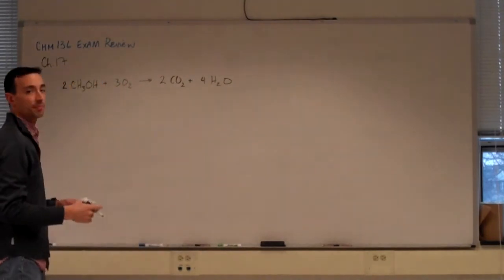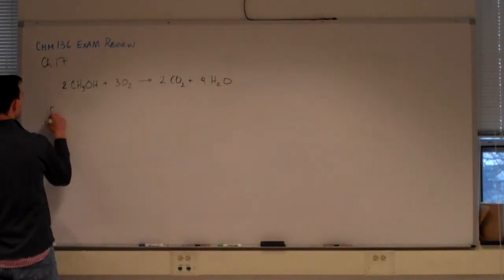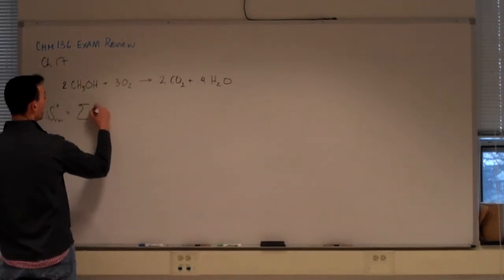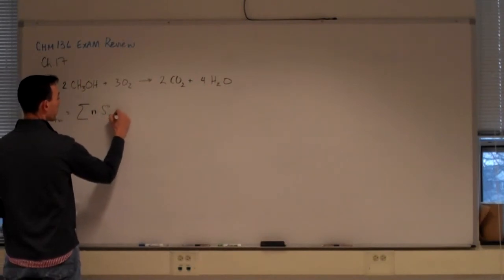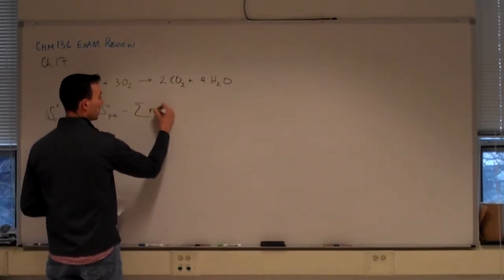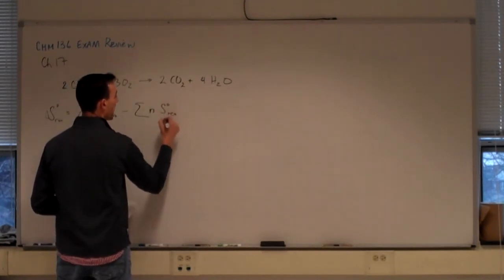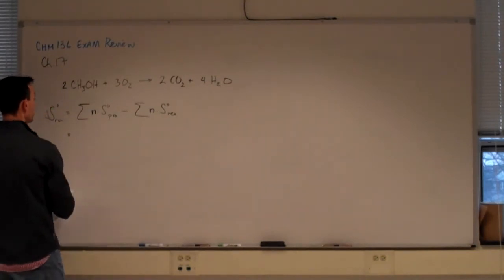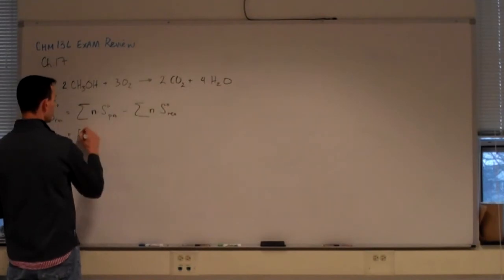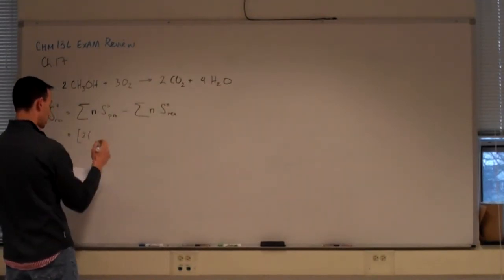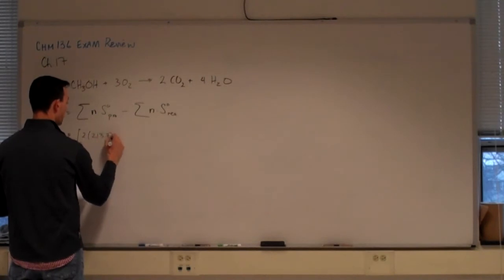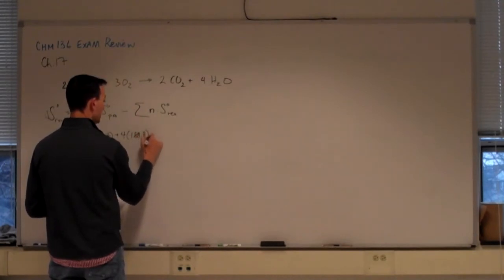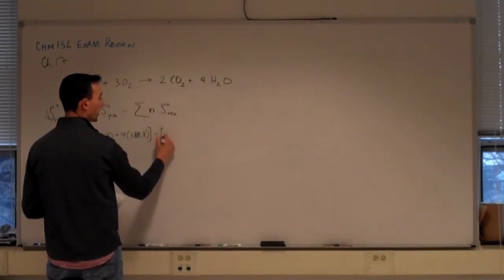To calculate the entropy change for this reaction, we would use Hess's law. And the standard entropy change would be found by summing up the standard molar entropies of our products and subtracting the sum of the standard molar entropies of our reactants. So these are supplied, or you'd find them in an appendix in your book. But for this reaction, that would be 2 moles of carbon dioxide, whose molar entropy is 213.7, plus 4 moles for water, 188.8 in its gas phase, as it is in this reaction, although I haven't shown the phases,